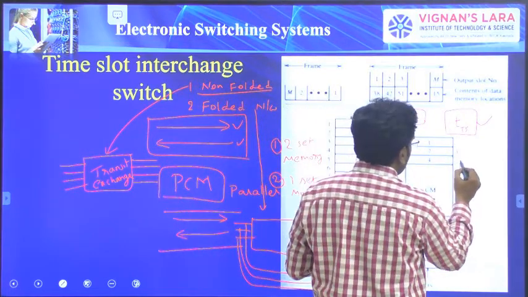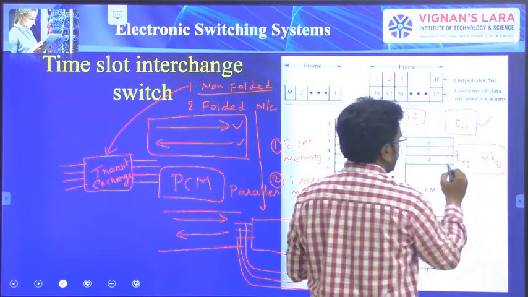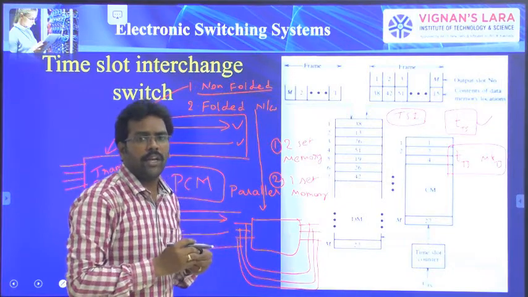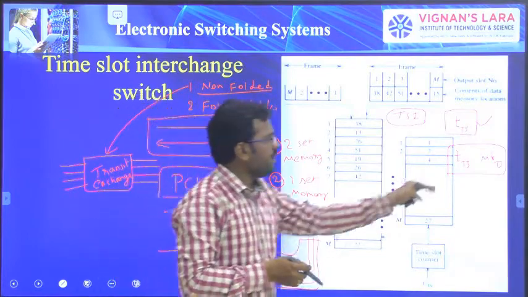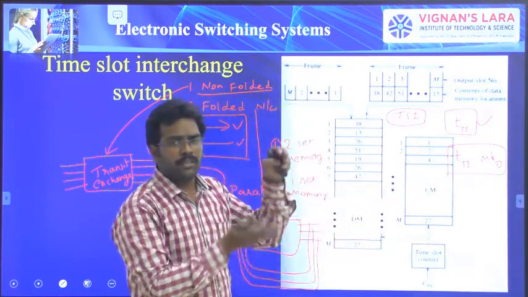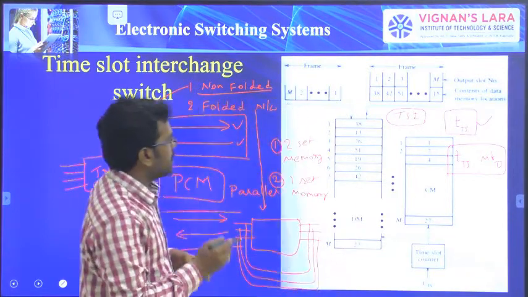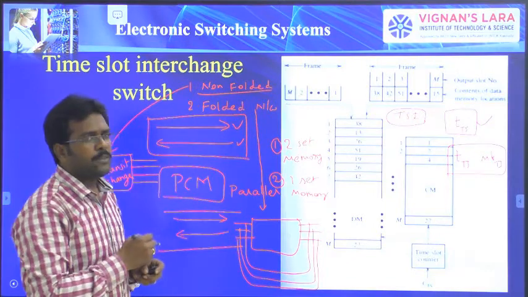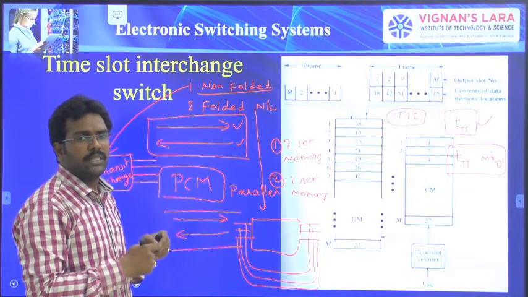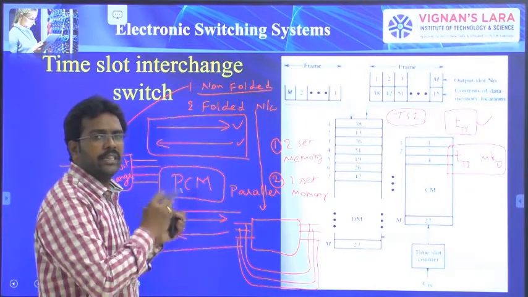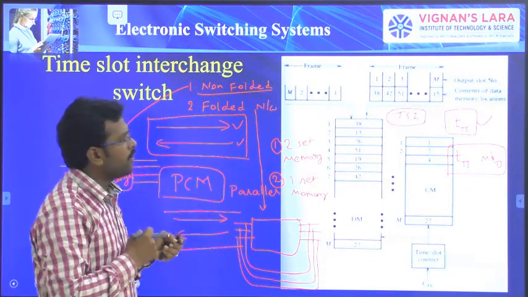The maximum delay is from TTS to MTTS. Based upon the locations of the slots, the time delay may be a maximum of MTS, because it contains M memory modules, M time slots. The maximum delay is MTS. So these are some of the points regarding the time slot interchange, which is used in the time multiplexed time switch, so that an ith time slot data can be transferred to a kth time slot outlet.